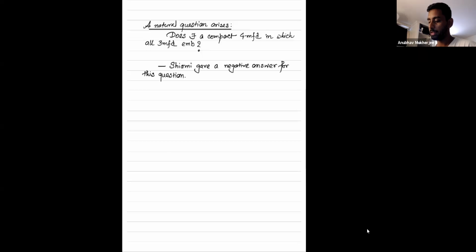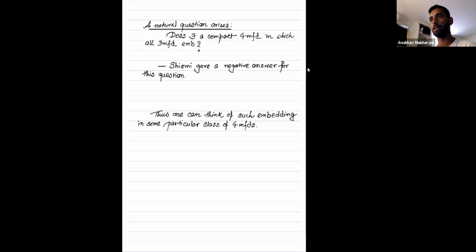But Kirby and Melvin gave a negative answer: there doesn't exist any such 4 manifold where all closed 3 manifolds can be embedded. So because of that, one can think of such an embedding problem in an infinite